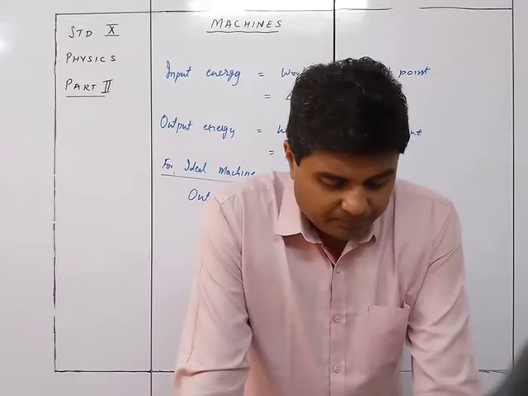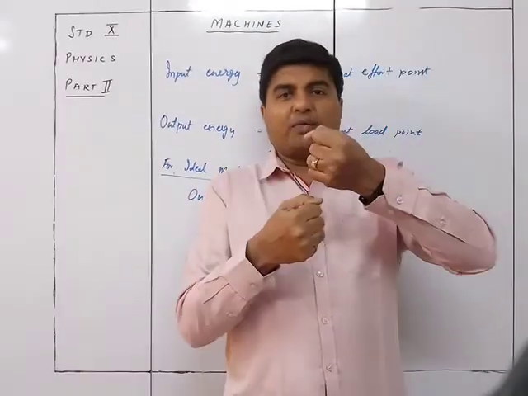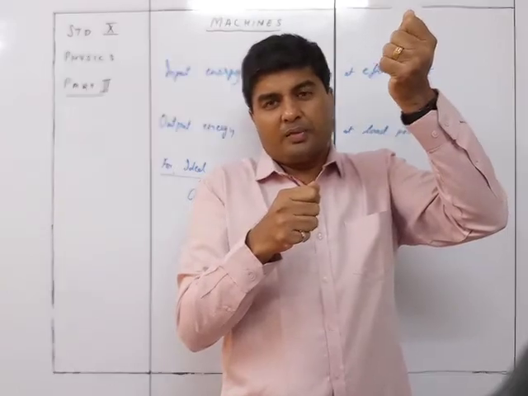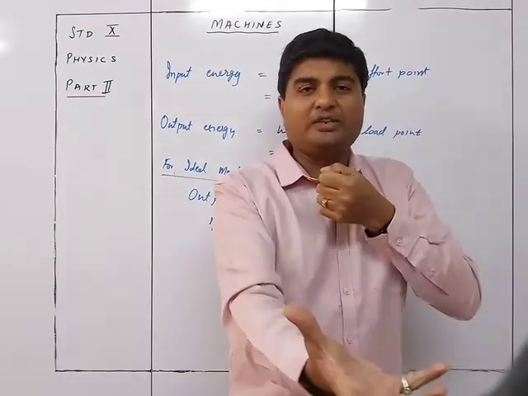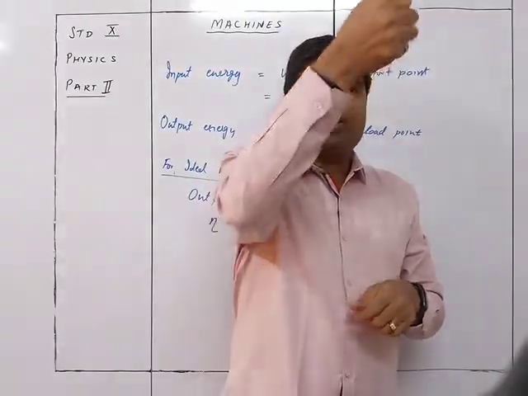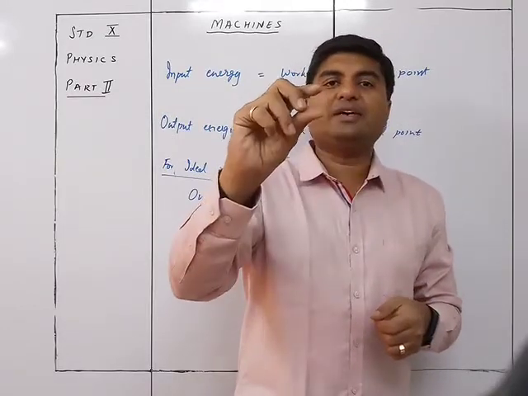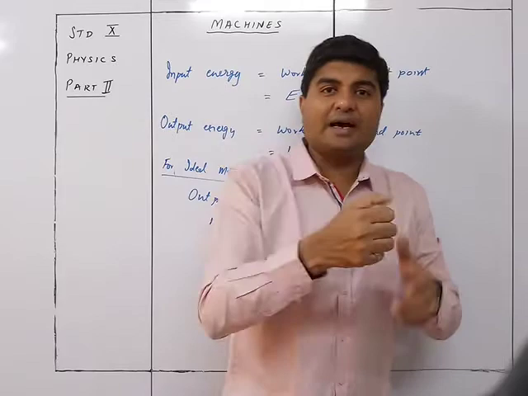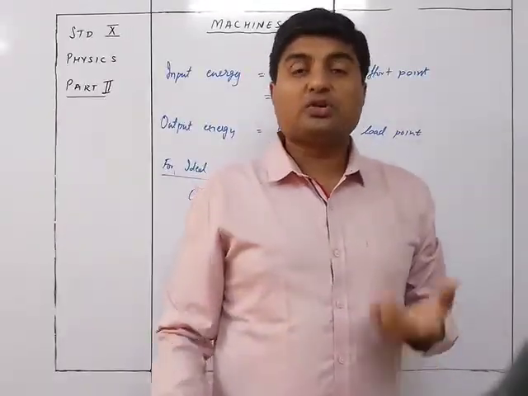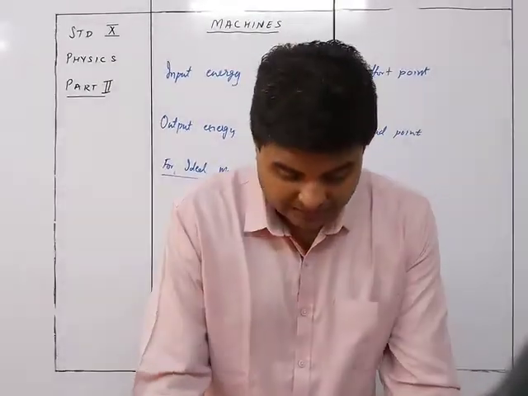Secondly, the string in it, if any, is not perfectly elastic. When we pull, what happens? Sometimes the effort is required just to stretch it to its maximum, because the load will be there. At that time, there is going to be tension, and the elasticity means it is going to stretch. So whatever effort you used, say we moved 1 meter here, but actually out of that 1 meter, maybe 100 centimeters got used up just in overcoming the elasticity. Because whenever we pulled, some of the energy was utilized just in making the rope taut. So the thread which is used may not be completely elastic, not perfectly elastic.